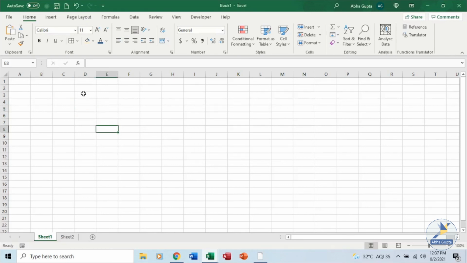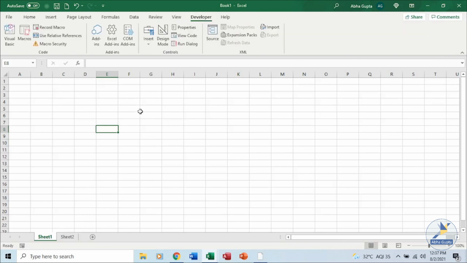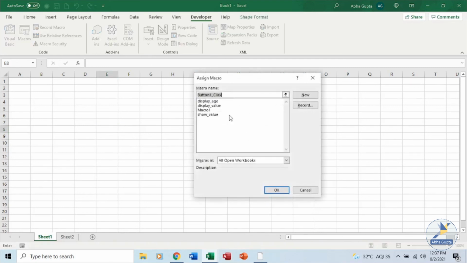Now what we can also do for running our macros, for running our function, we can put a button over here. If we have some data and we want to perform some tasks, we can always insert some form of a control, ActiveX control or simple form control. Say I place a button over here and I want to assign this button some functionality. So again, the same macro dialog box will open for you. It will ask you a name for this particular macro, and you have to give the name. Say I assign it show value and click on OK.